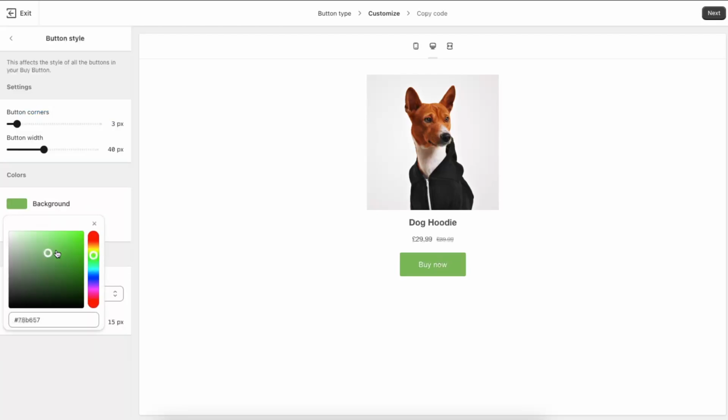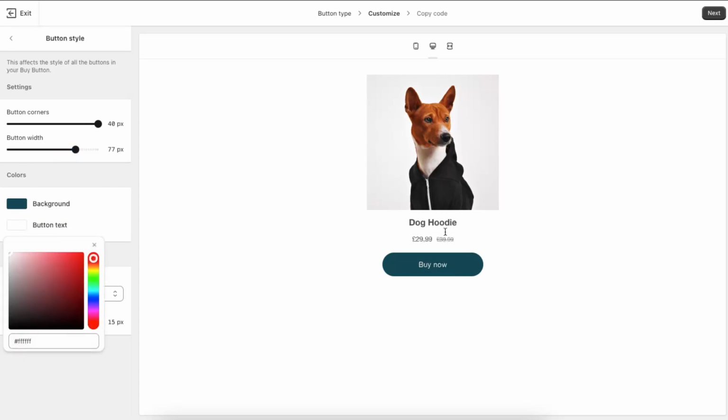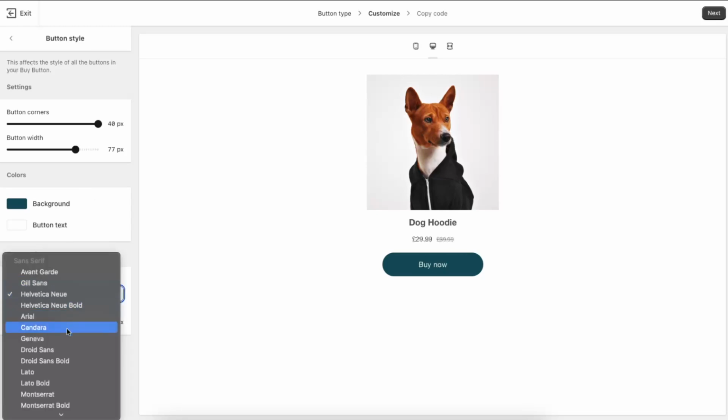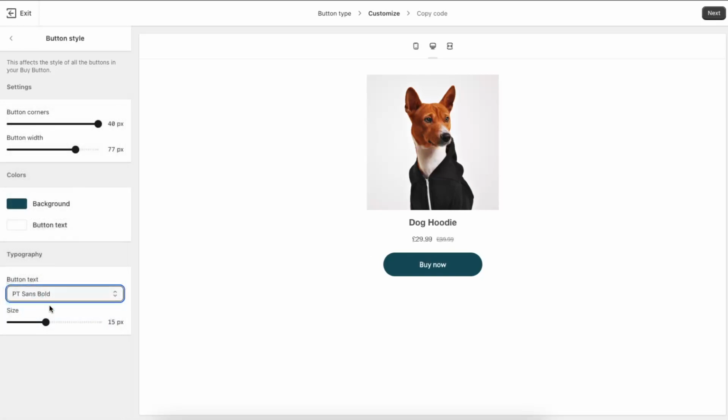Now the button style, you can choose a background, anything you like actually. So for example, let's make it something like that. Button corners, as you can see, you can make it move around and make a button wider basically. Button text, let's leave it a white one. And now you can also choose a font. So let's choose, for example, this one and make it a little bit bigger. Now we can actually make it smaller